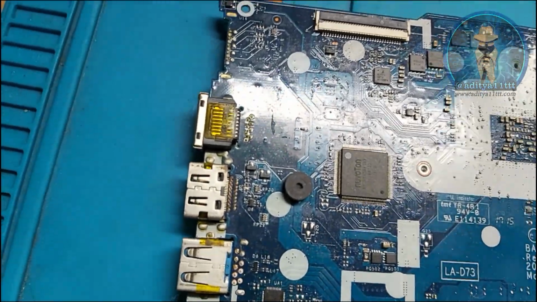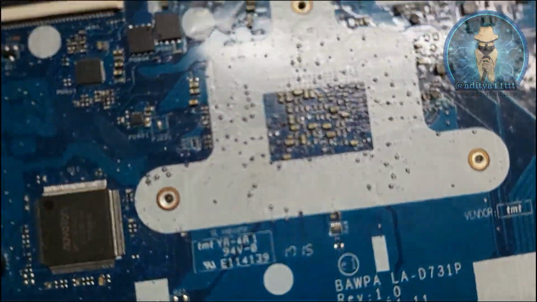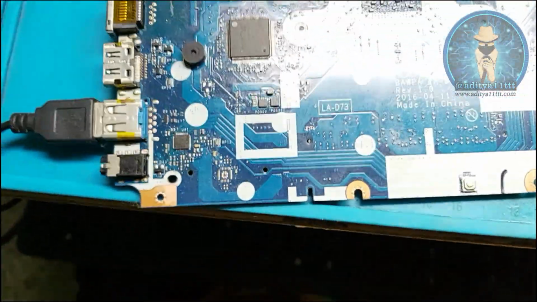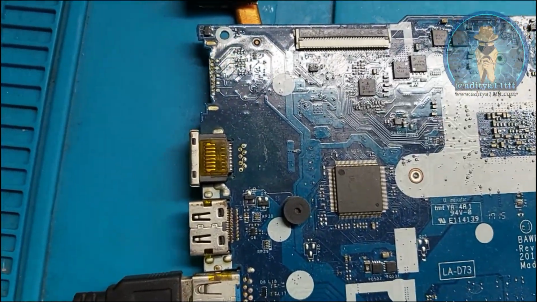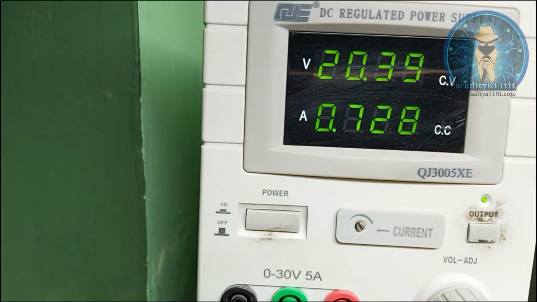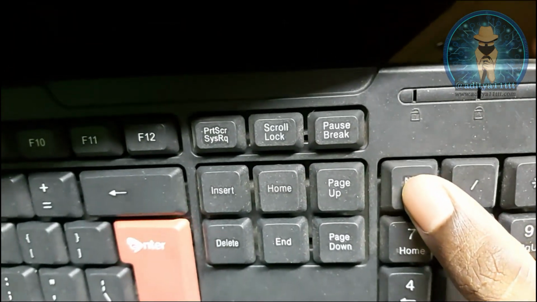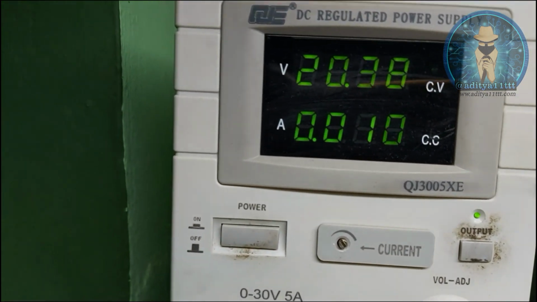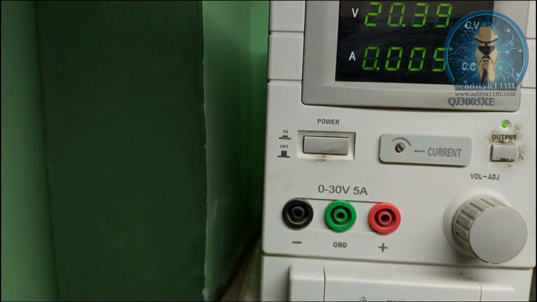Okay, so let me connect USB keyboard and show whether the num lock is glowing or not. I'm connecting USB keyboard. Okay, again I'm triggering on motherboard. MBD is trigger on, again it's taking ampere, but on keyboard I'm not getting display. So USB is connected, there is no display, and amp is also taking little high. This board needs 500 to 550 amp to give display, but it's taking more amp, and again it shuts down due to heat shutdown. Okay, this is the problem on board.